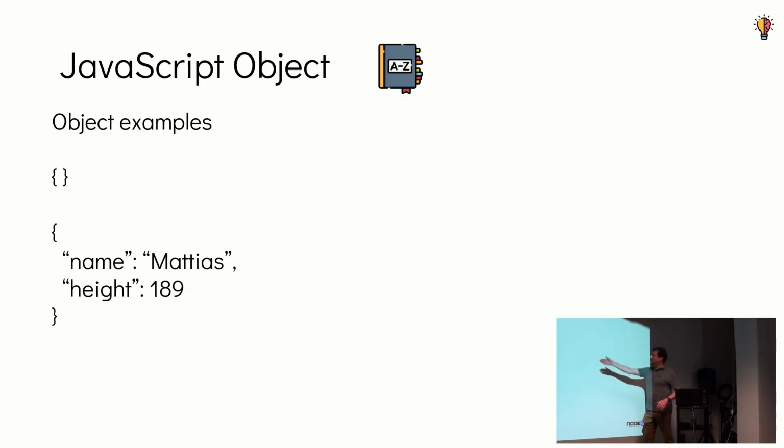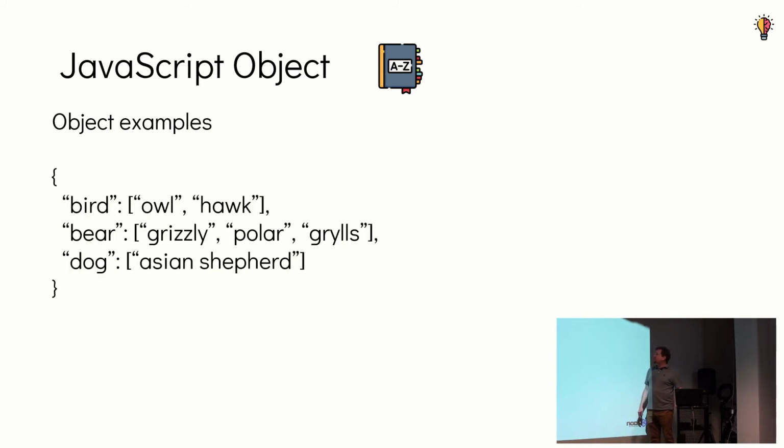JavaScript object examples: the empty object. Then we have the object that is describing some properties of a person, for instance, which might be the name and height. As you can see, this might be used if you have a long list of people. Exactly, you can have a list of people where each item is an object. And then, of course, the names and the heights would probably change for those people. And to see a more complex thing you can do with an object,